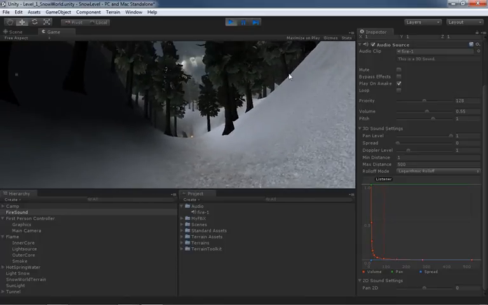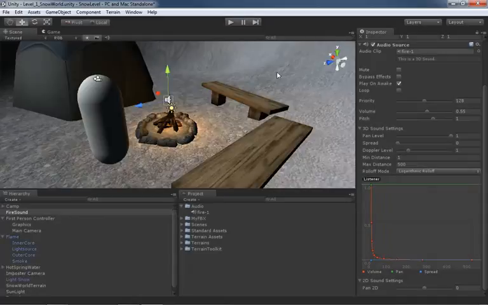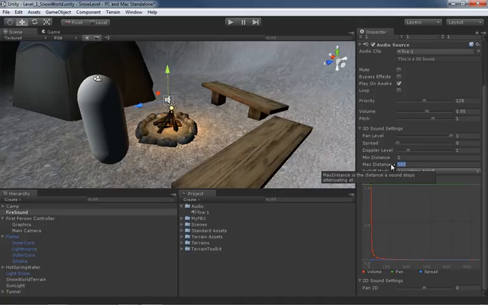which is extremely useful. But because the distances that we're using are pretty far, and right now the max distance at which we should get all the way down to 0 is 500 yards away. Right, and in our world, where it's only 256 meters across, technically you could be on the other side of the level and you would still hear the fire. Just a very little bit, but it would be there. But it would be there, that's right. So I'm going to take the max distance, and we're going to pull this down to only about 20 units,